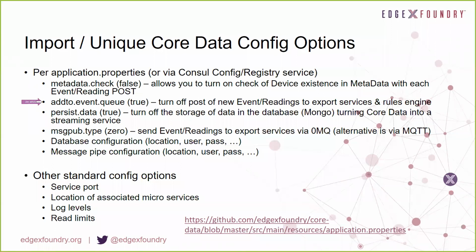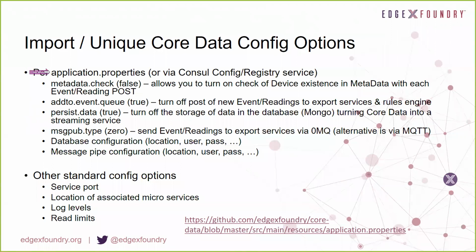For example, good luck in getting any historical information from your local edge system, but it does allow for that streaming idea, where you want to stream to, whether it be MQTT or 0MQ. Again, configuration options for that. Configuration options for where your database is and how you get access to it. Again, by default, we use Mongo, but there's no reason you couldn't configure for other options. And which particular message pipe you're using with regard to 0MQ or MQTT, and how you get access to that pipe,